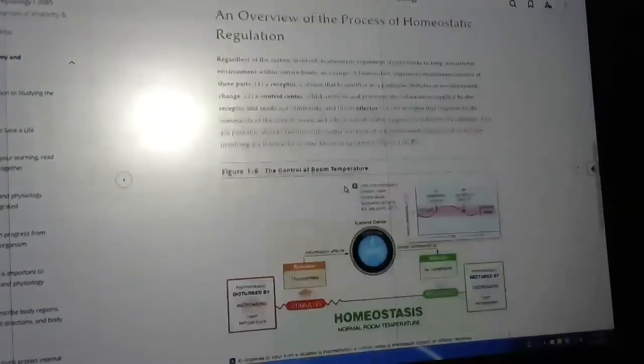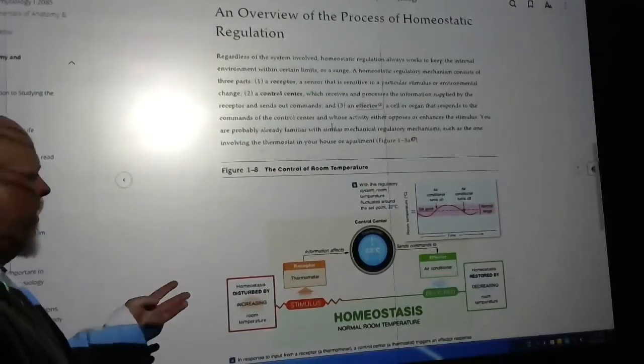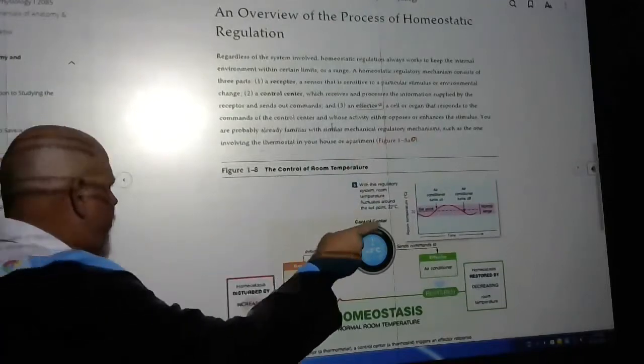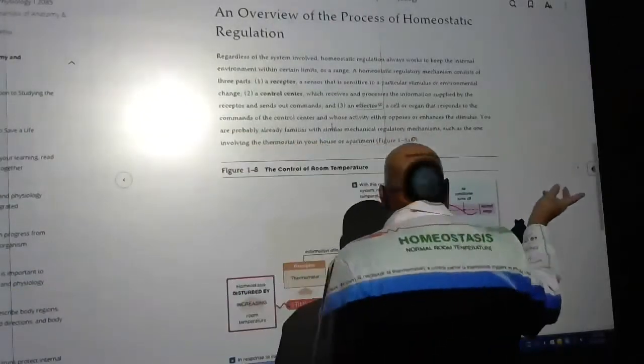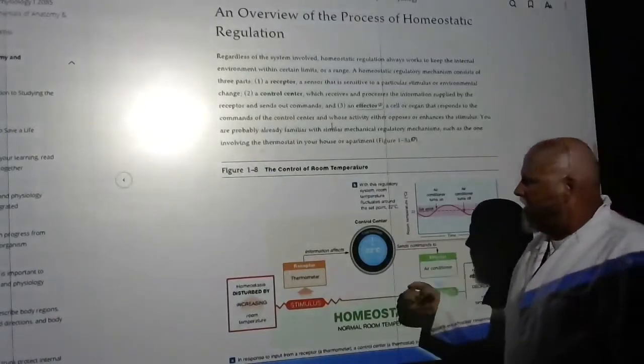All right, so here is a process. So all homeostatic regulation has these three things in common. It must have a receptor. It must have a control center and an effector. Okay, they use the example of the temperature control, your thermostat, right? So we have to have the receptor, which is the